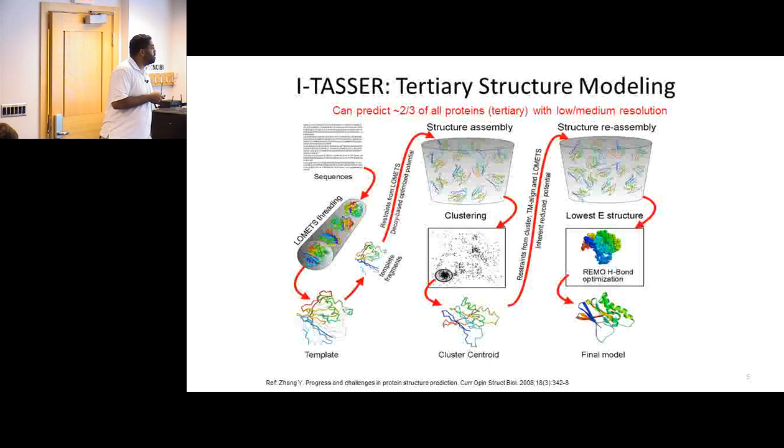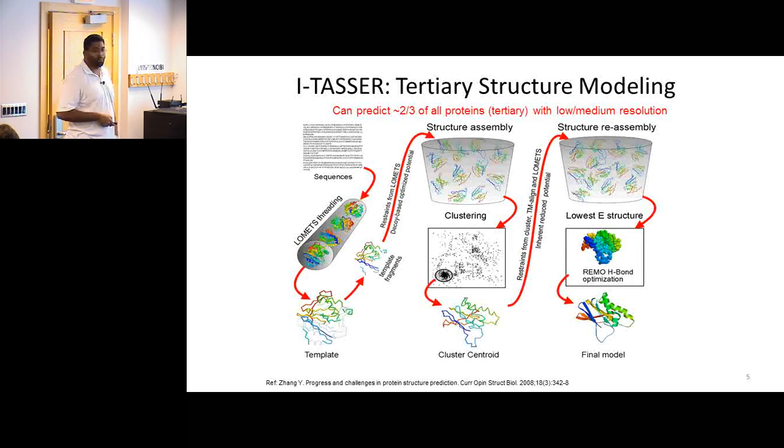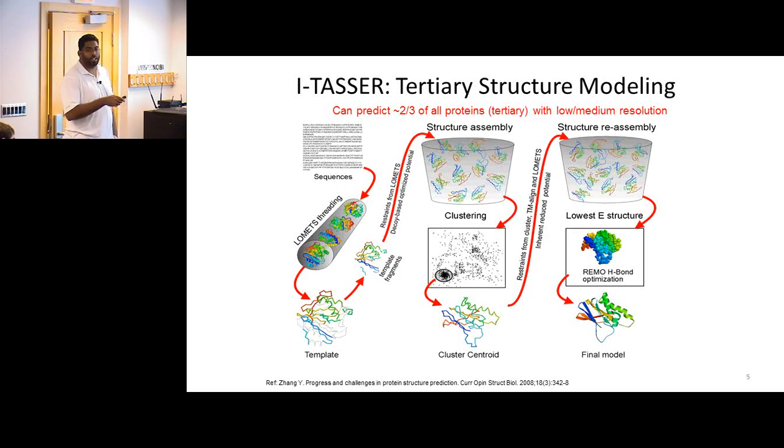Young has developed this pipeline called I-TASSER. It is currently the best protein folding pipeline in the world. Just a quick run through it, and I'll go through these pieces in detail. It starts with the sequences. It searches through a monomeric library to identify proteins that it believes are similar in structure to our unknown proteins. And then we combine the restraints and we run thousands of different simulations to try to fold the protein.